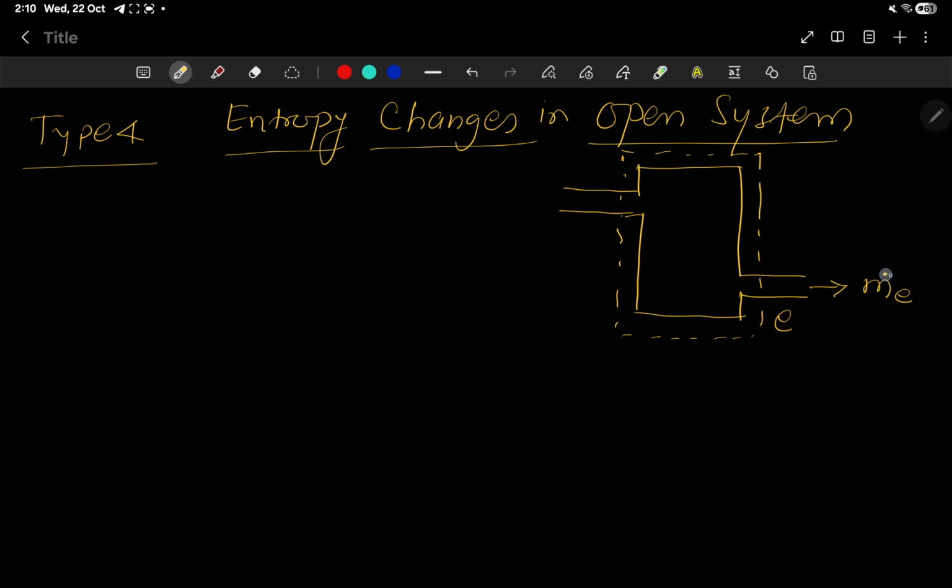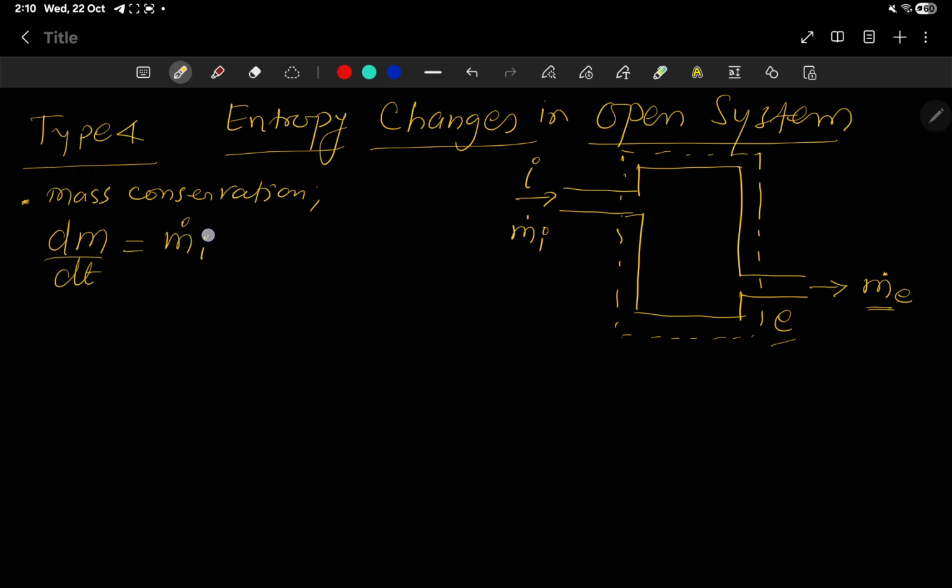E. If there is a dot on the physical quantity, it will be what? Mass flow rate, m dot E. This is exit, this is inlet, and we are taking mass flow rate here as m dot I. Okay, so from mass balance relation, so from mass conservation, we can write dm by dt equals to what? m dot I minus m dot E. Okay, this is mass conservation equation, and another is energy conservation equation, which we have, I think, learned in open